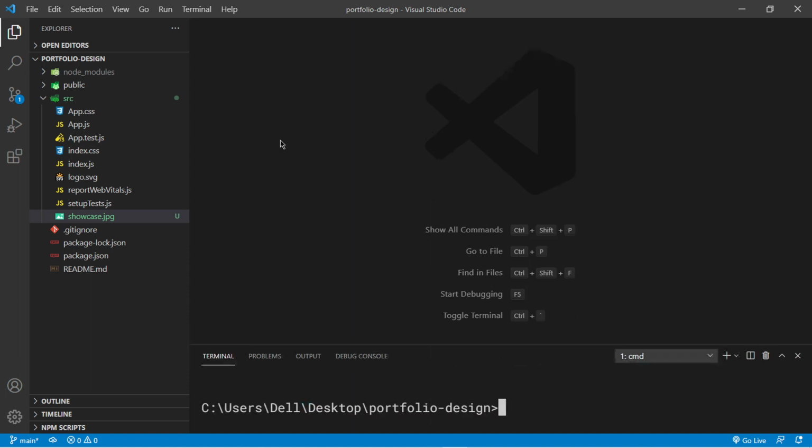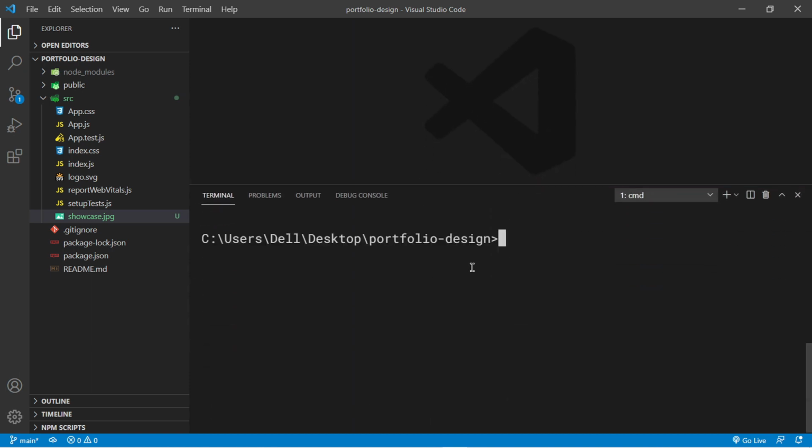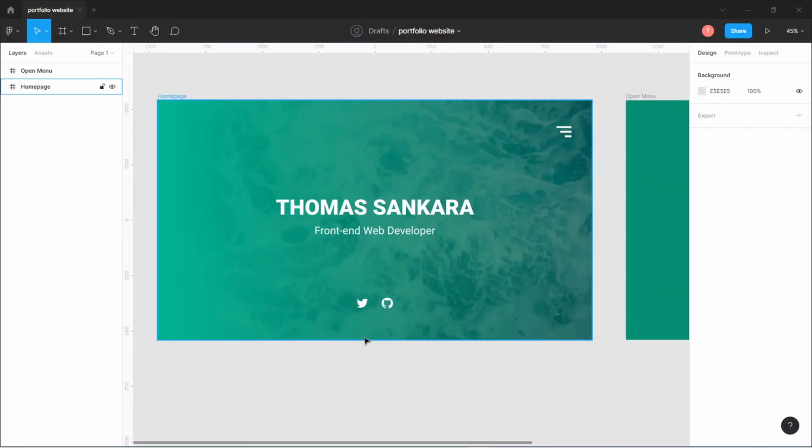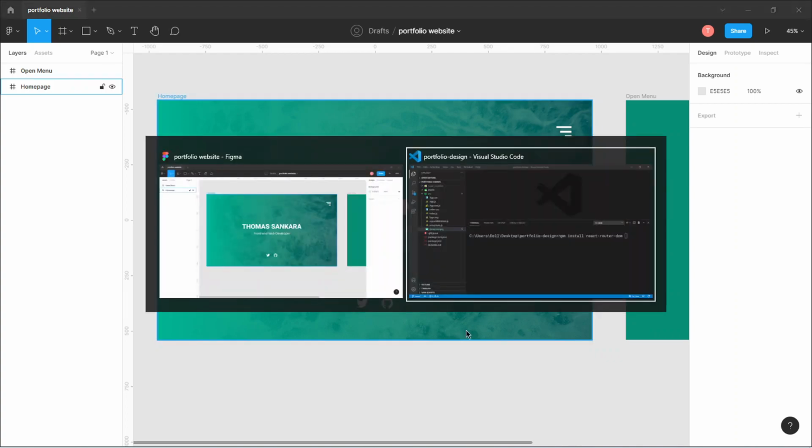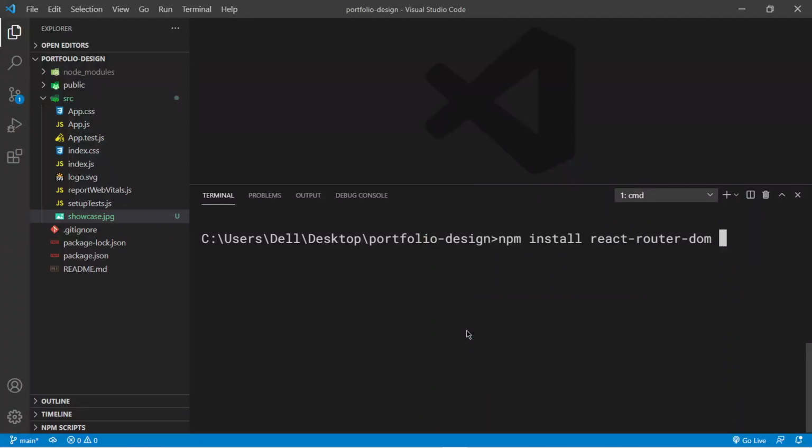Okay, and then immediately what I want to do is I want to install the dependencies that we're going to use. And I know that one dependency that we're going to use is React Router DOM, which will handle our routing, right? So I'm going to say npm install react-router-dom. And then I also want to install another dependency called React Icons, which will handle our hamburger icon right here, as well as our social media icons right there. So I'm going to say